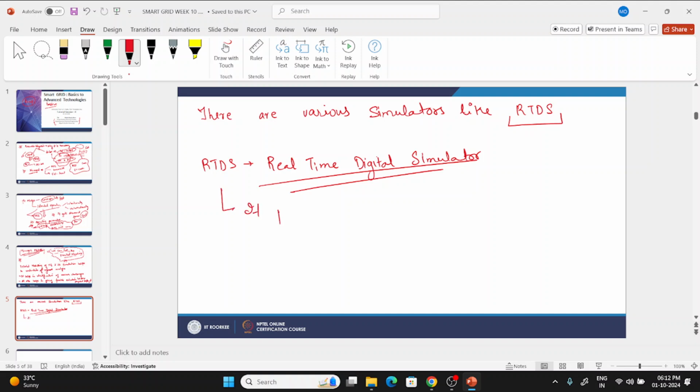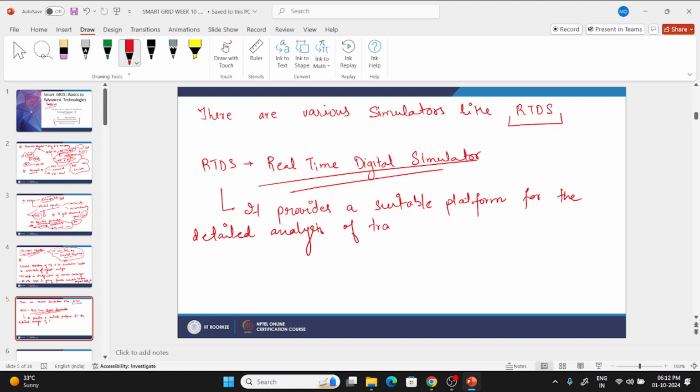It provides a suitable platform for the detailed analysis of transients in time domain based. Okay,